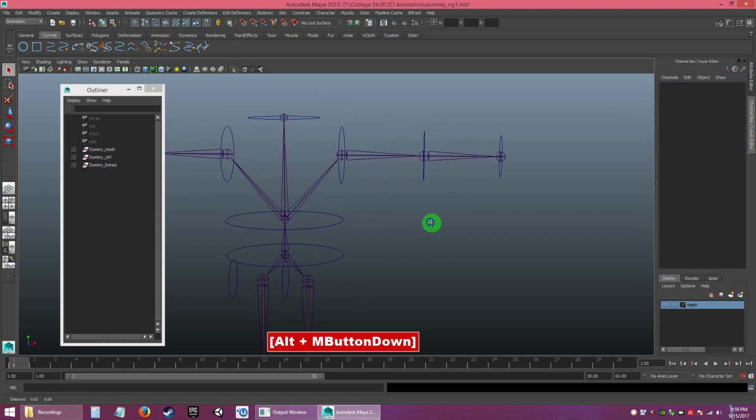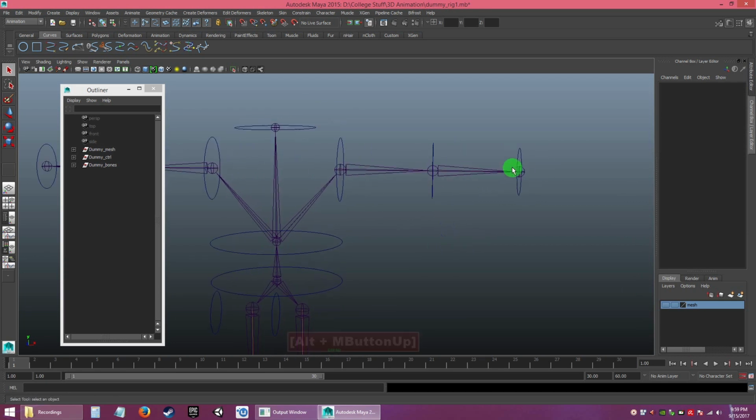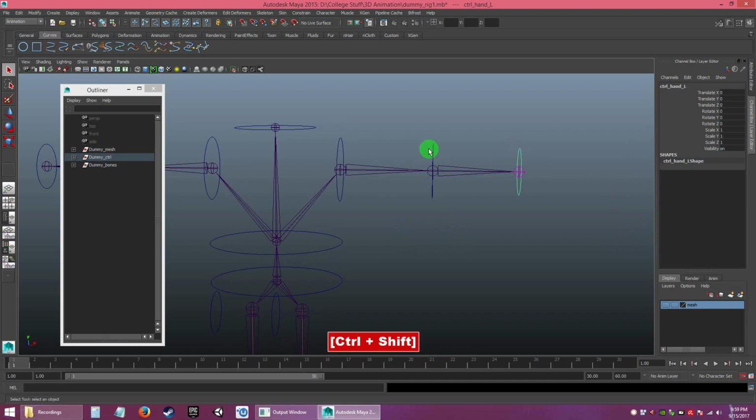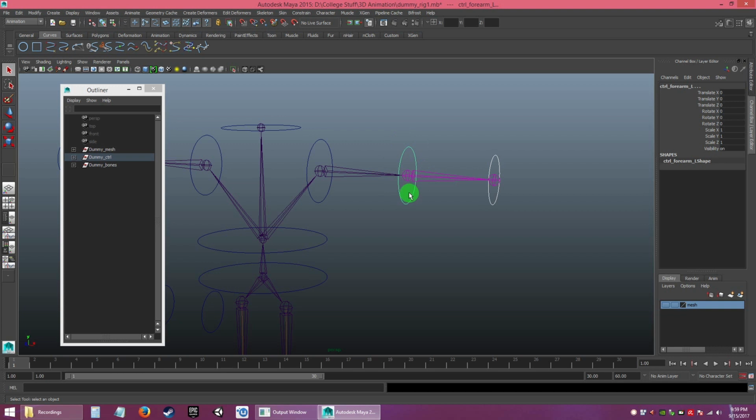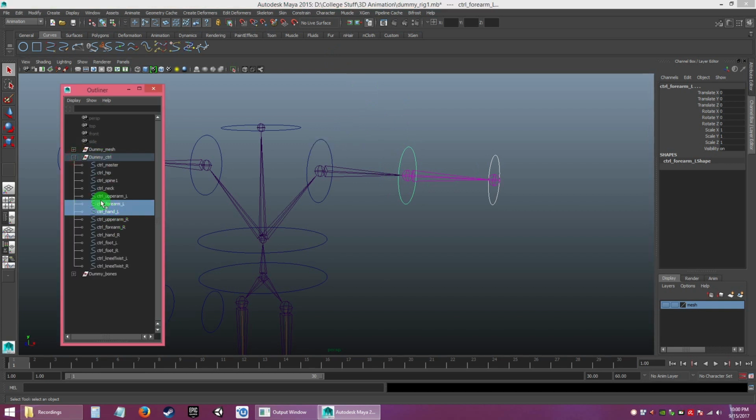I'm going to start with the hand. I'm going to select the child and Control Shift select the parent. The parent must always be the green color, which is the last selection, and then just hit P. Before I hit P, I'm going to open the controller group here. You'll see everything is outside, not in to one another. So the moment I hit P,